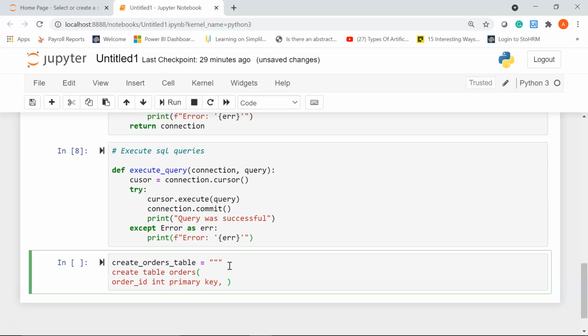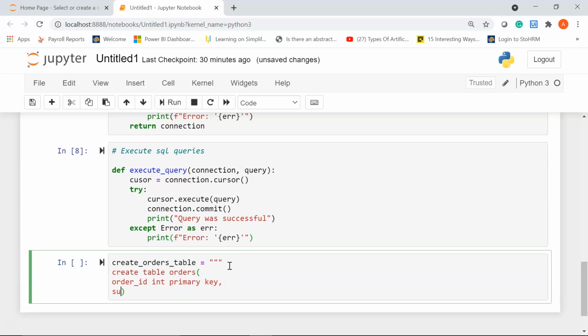We'll give a comma. Next, the second column would be customer underscore name. The customer name column would be of type varchar and I'll give a size of 30, and this is also going to be not null.